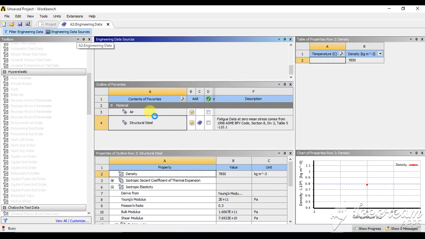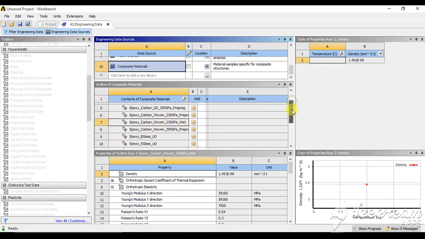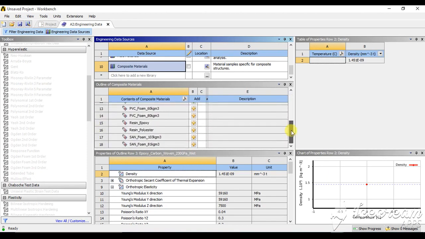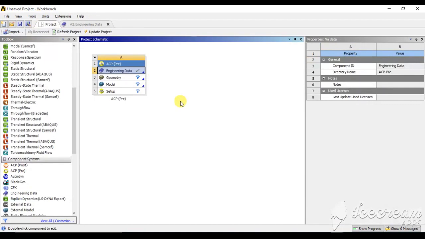If you go for any particular experimental validation, you will have to use data from that type of material, but these are regular materials for engineering purposes and can be used. Here are different types of fiber reinforced polymer and neat matrix. We will go for epoxy carbon woven 230 GPa prepreg. Just add this and now go back to the project.